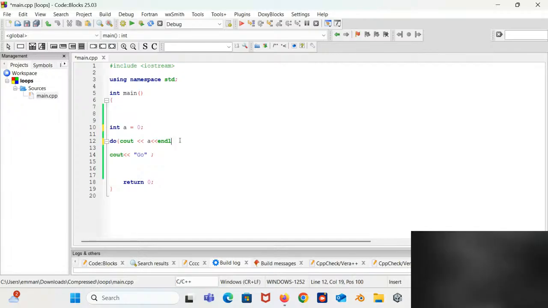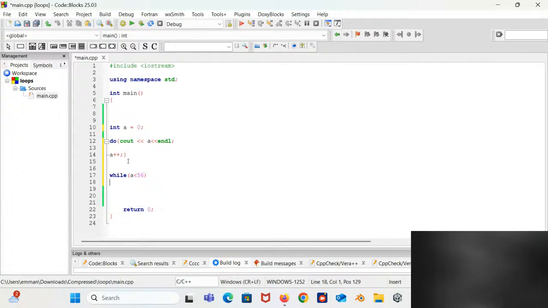Let me do cout A, then A plus plus here. Now let me explain the do while loop with this.